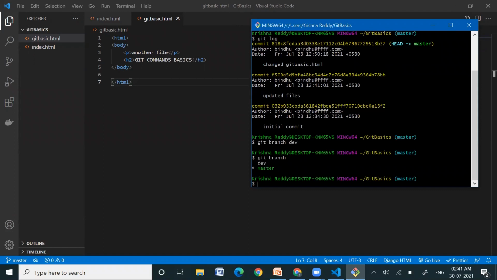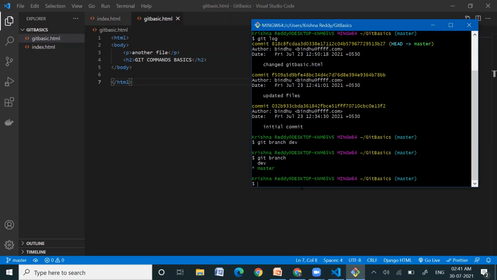And this arrow specifies the particular branch we are on. Also in Git Bash, we can see the branch we are on. So we are on branch master only. We have just created this development branch, we didn't move to it.